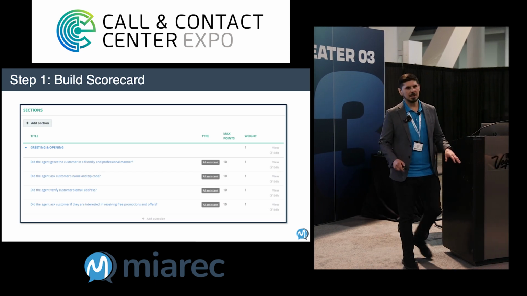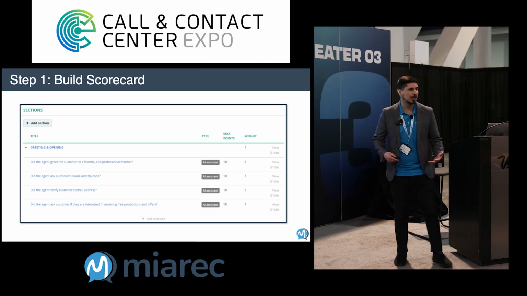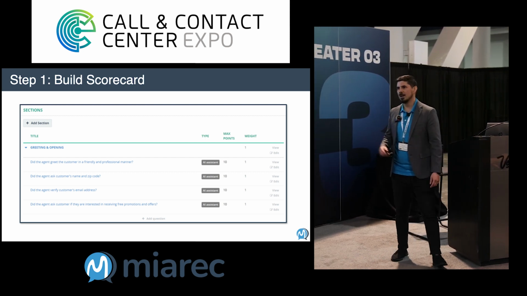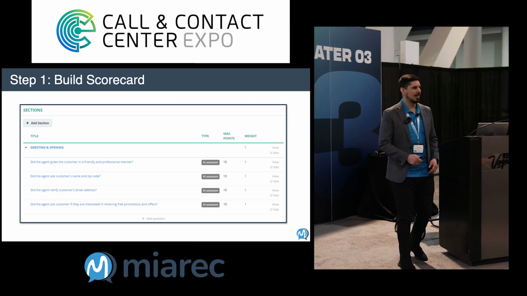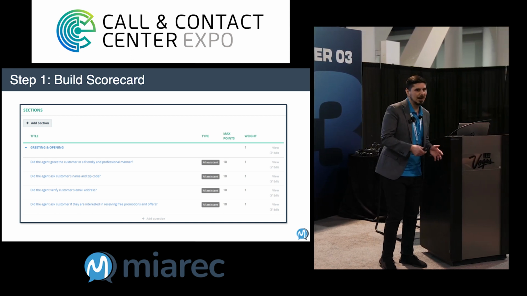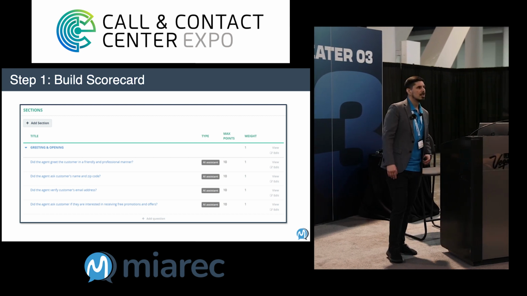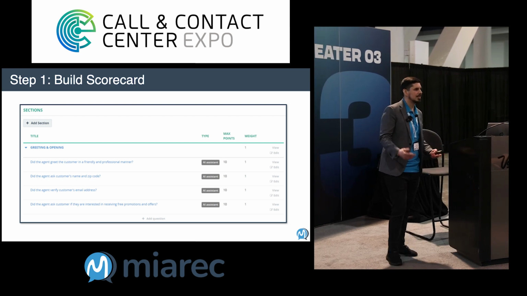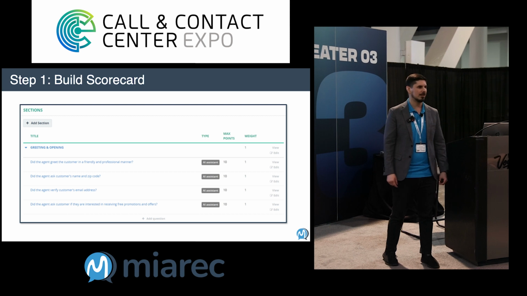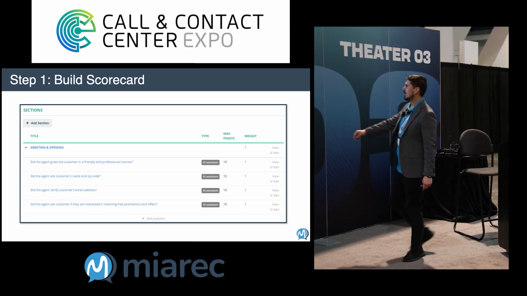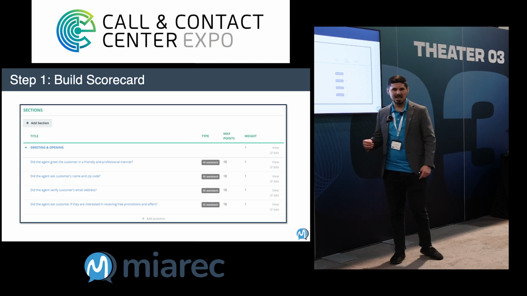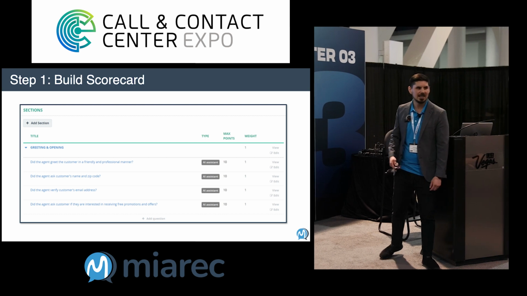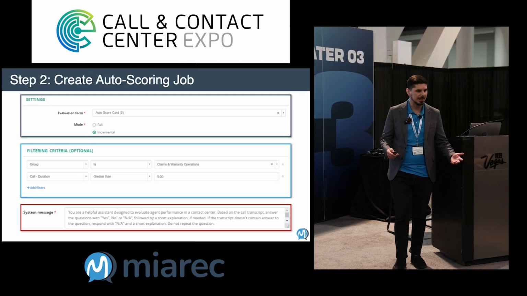So what I'm going to do is walk you through how we leverage generative AI in the QA process, so you can get an idea for how to do it. Number one is you need to build your scorecard, right? I'm sure if you have a QA department, you have a scorecard or scorecards. So the first thing you want to do if you're using our platform is build out your scorecard, and it's super easy to do because all you need to do is literally type out the questions you want to evaluate the agents on, and then you assign some points to them. Some examples are: did the agent greet the customer? Did they get their zip code? Whatever your QA criteria is, you build that within the interface, which is super easy to do.